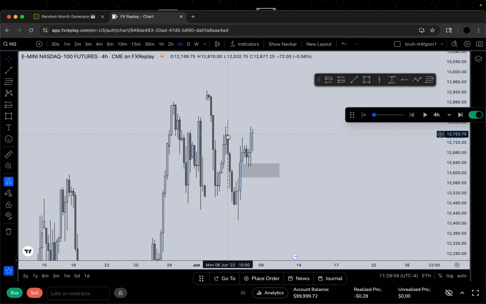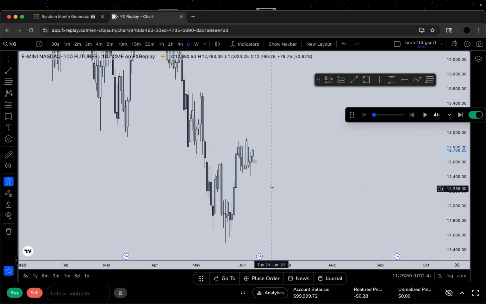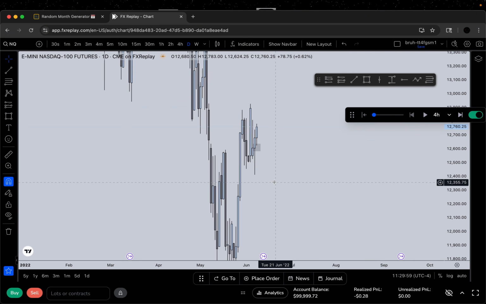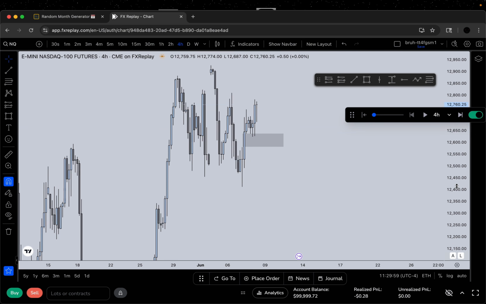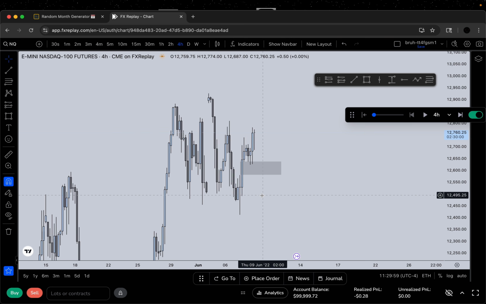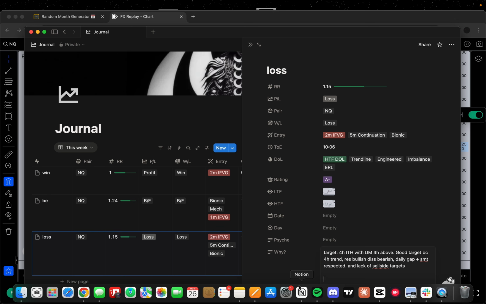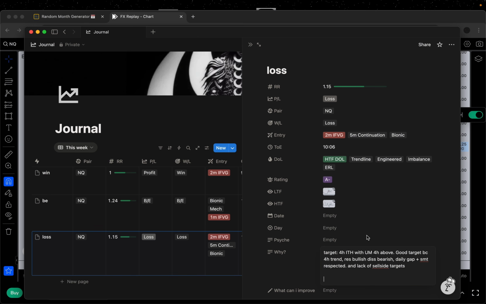Versus here, you think, okay, this is at least internal range liquidity. It's an intermediate high with an unmitigated gap above it. And also on the daily, we're still bullish. We swept this, had something going on. Again, that continuation gap, just as the 4-hour has a continuation gap. So there's not really an abundance of open gaps and liquidity to sweep to the sell side, but there is liquidity and unmitigated gaps to the buy side. So that's why the targets are good. Obviously, I don't want to write that, bro. Just take my word for it and go.